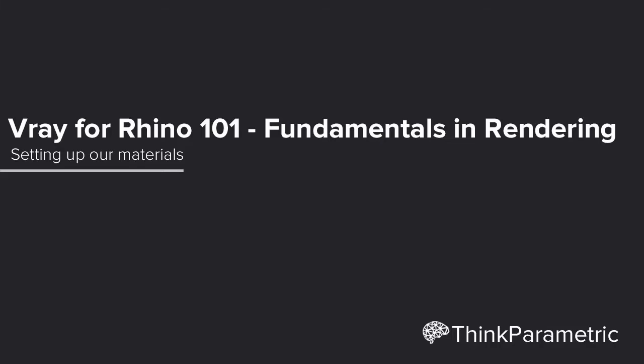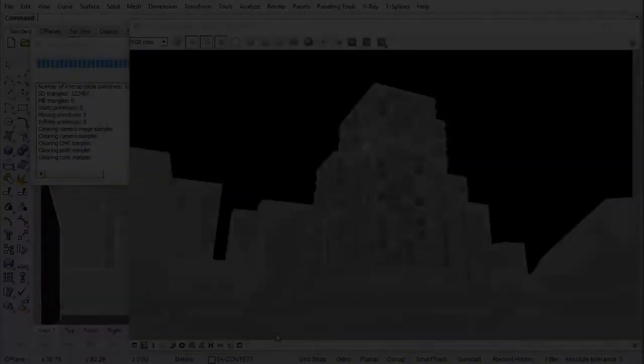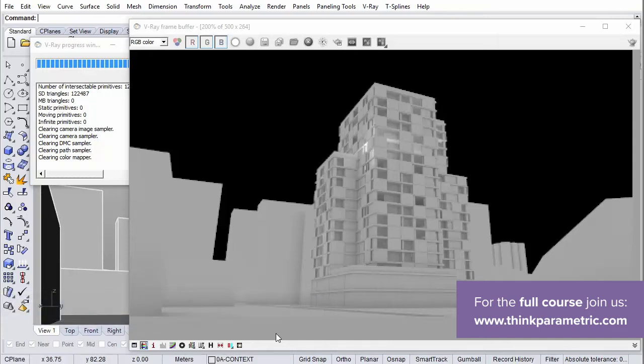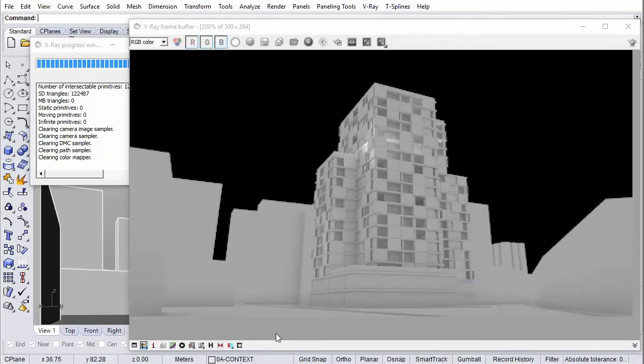Hi again. So last lesson we left off here. We'd created the settings to calculate indirect illumination and have correct detail, but we're missing all of the material elements. We're missing the environment and we're missing the sun information. So it's still pretty rough. What this video is going to be about is creating the materials needed for this architectural render.